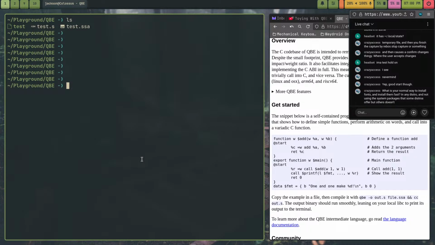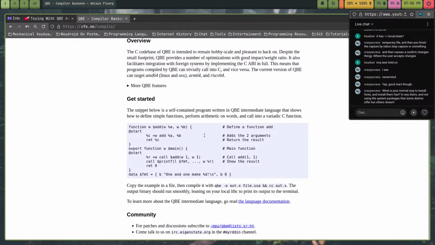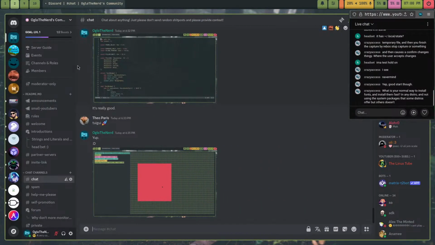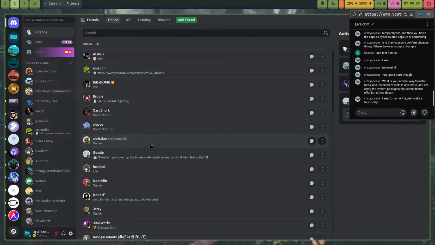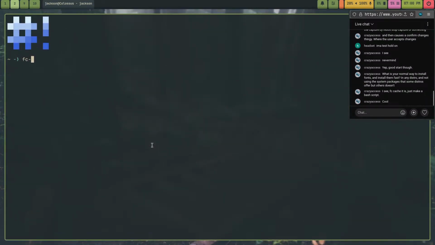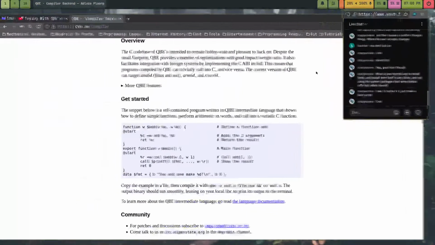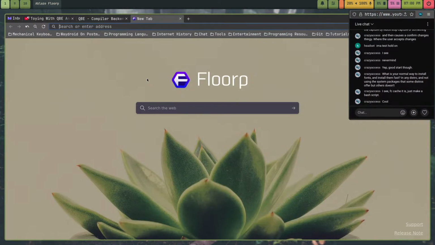Okay, time to actually play with QBE, as in actually build a compiler. So what fc-cache does is it regenerates your font cache. Alright, so